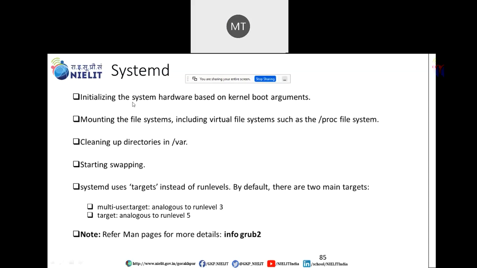Systemd initializes the hardware based on kernel boot arguments, mounting the file systems including virtual file systems such as proc, where proc represents the process file system, and cleaning up directories in /var. It clears all the log files and starts swapping. Systemd uses targets instead of run levels. With init earlier we used run levels, but now using systemd we use targets. By default there are two main targets: